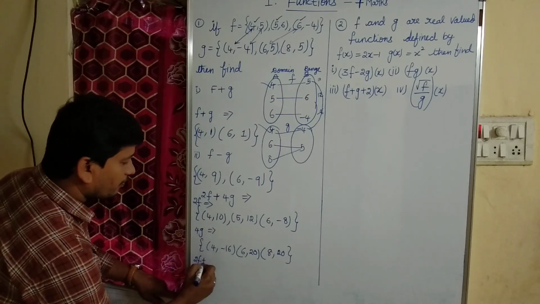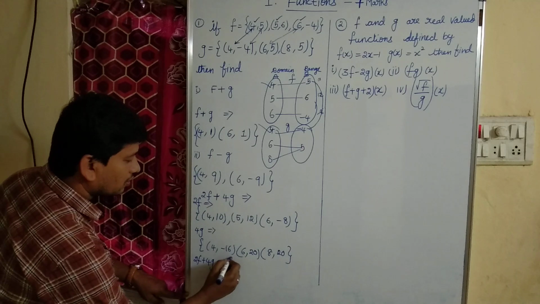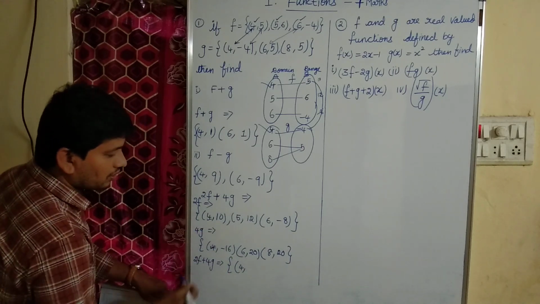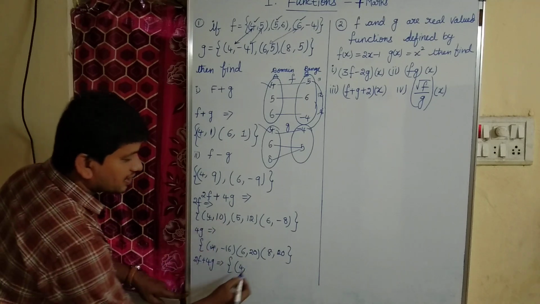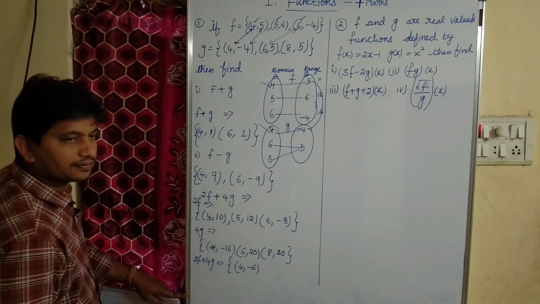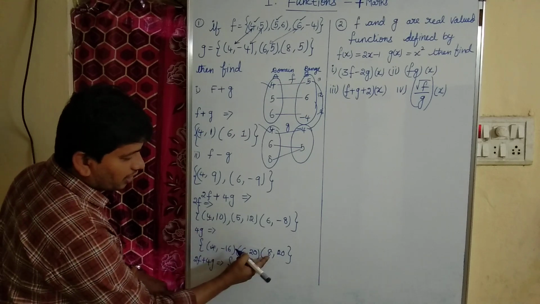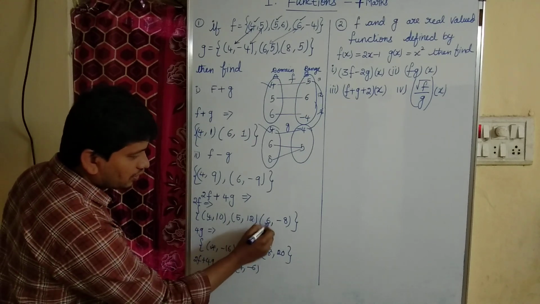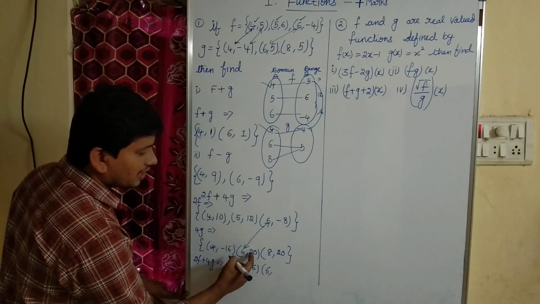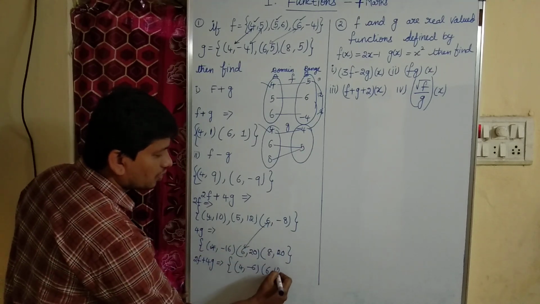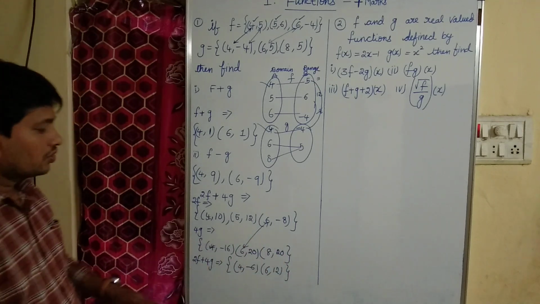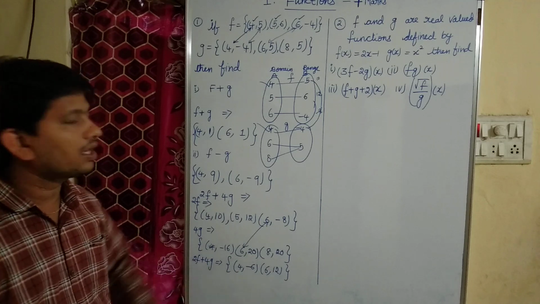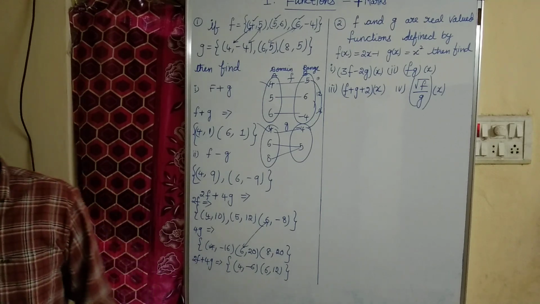Now we are finding 2f plus 4g. Domain as it is, 4, 4, let it be. Now we should add 10 to -16, which is equal to -6. Here there is no domain 5 over here, leave it. Here 6 comma 6, domains are same. Let us add -8 to 20, which is equal to 12. Right? So therefore 2f plus 4g is (4, -6) and (6, 12). Right?